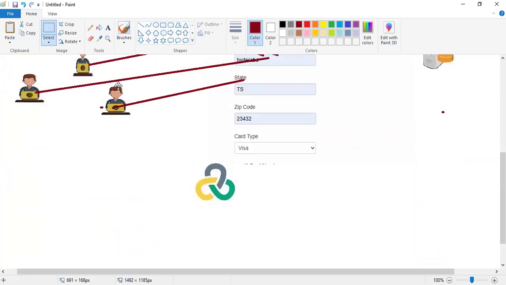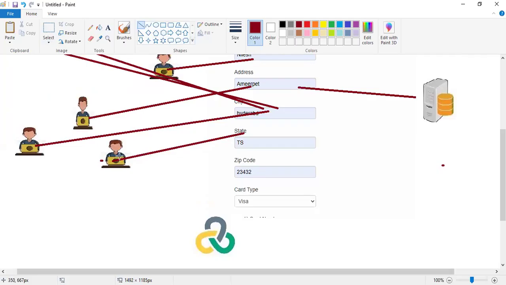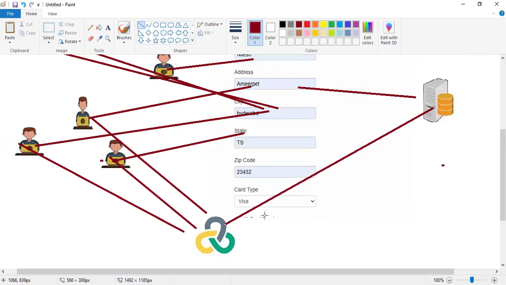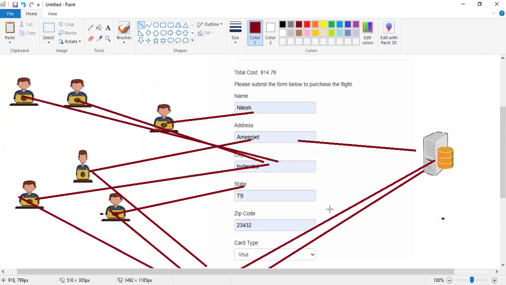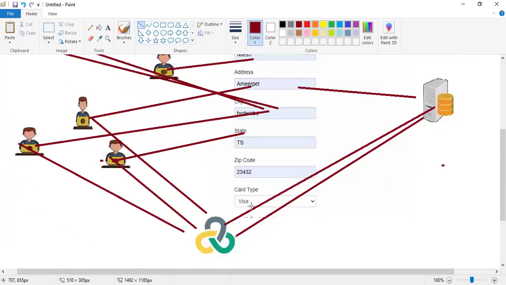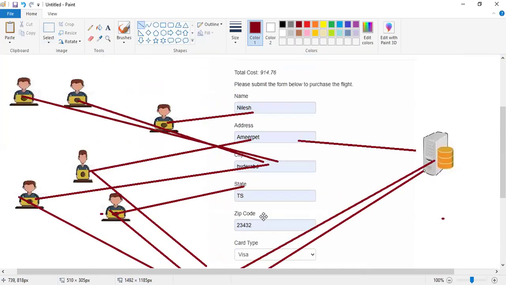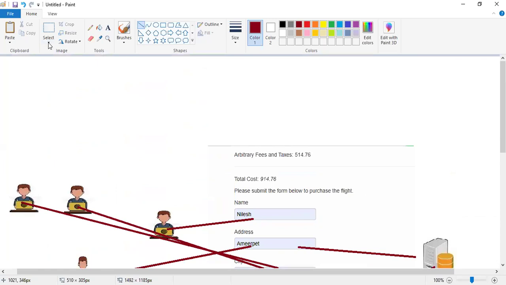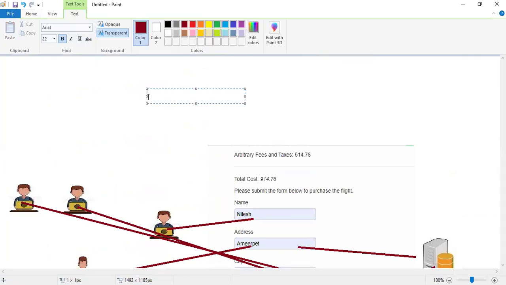So this concept is called what? Parameterization. So what I'll do is pass these details through my Loadrunner script that will be hitting the database server. How to do that, anyway, we'll see. But in reality, when you run with 100 users, these 100 users will have different data, right? Or their details. This concept is called